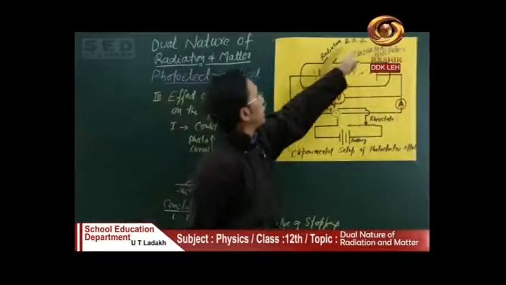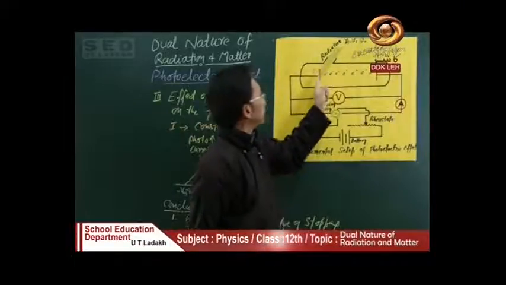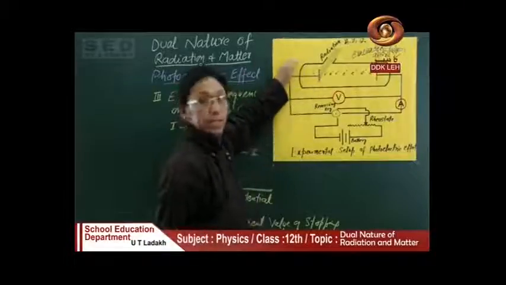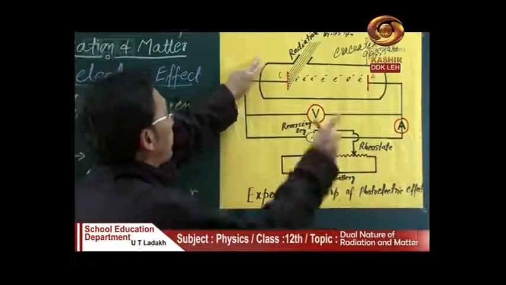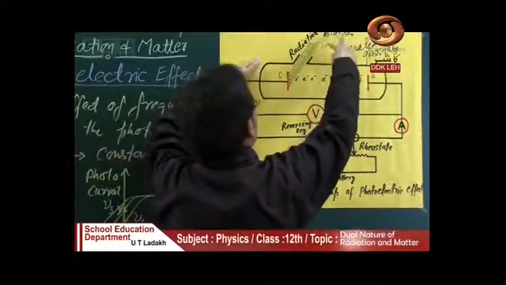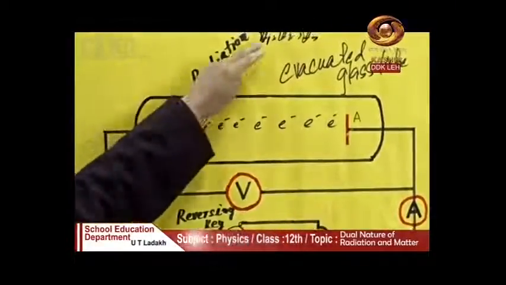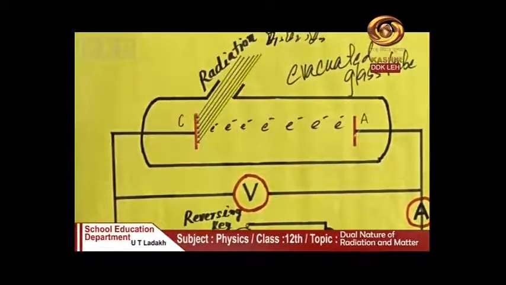That means when we use the frequency nu3, का जब हम यहाँ पे रेडिएशन लगा देते हैं तो वहां से जो इलेक्ट्रॉन यहां से निकलते हैं उसका काइनेटिक एनर्जी सबसे ज्यादा होगा as compared to the other two, that is जिसका फ्रीक्वेंसी हमने nu2 लिया था और जो एक रेडिएशन जिसका फ्रीक्वेंसी हमने nu1 लिया था. तो this is very clear.